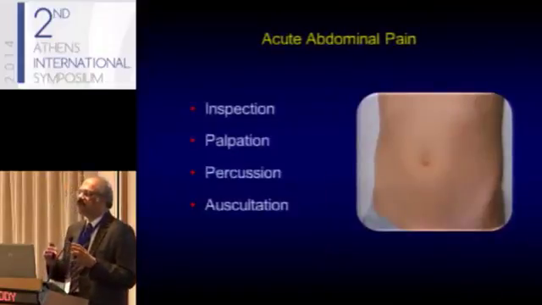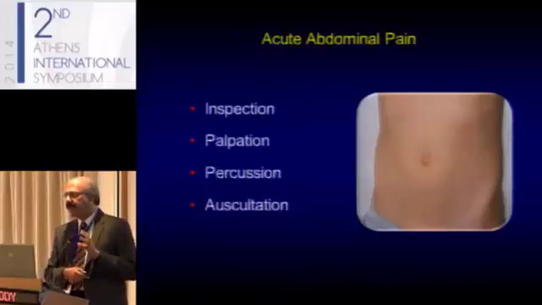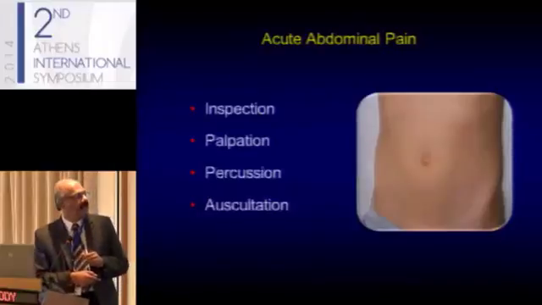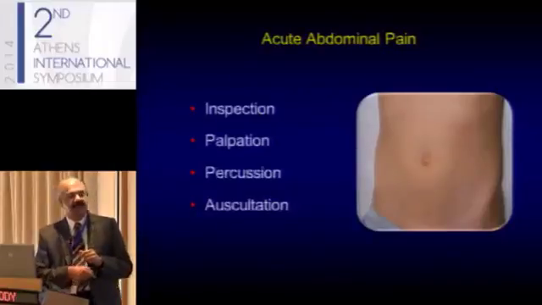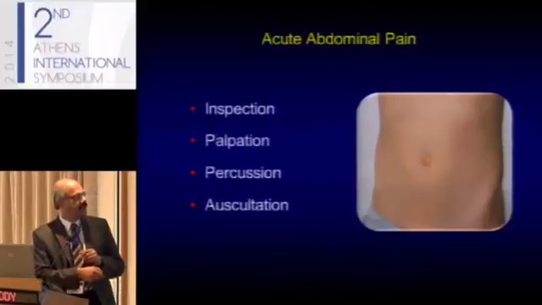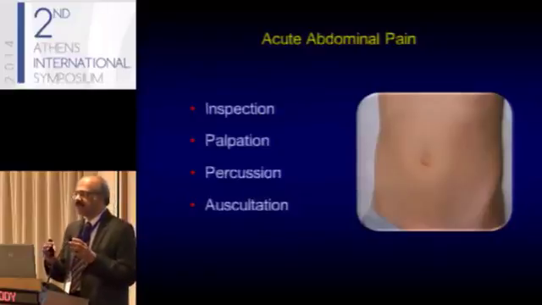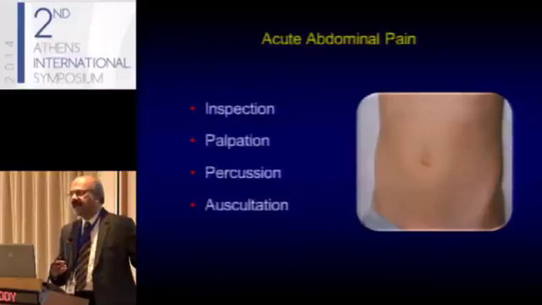But if you actually look at classic textbooks of medicine, they'll tell you that if you have a patient with acute abdominal pain, you have to inspect, palpate, but all this I don't think is right. All you have to do in these patients is not only the history, but inspection and palpation. By this time, the diagnosis is often made. Very little is required here. Most of these patients, you make a diagnosis just based on history, on inspection, and palpating these patients.